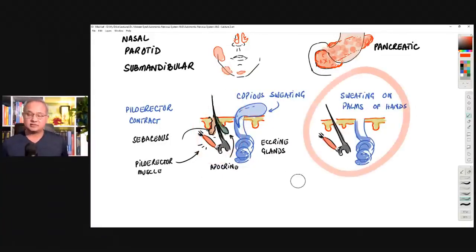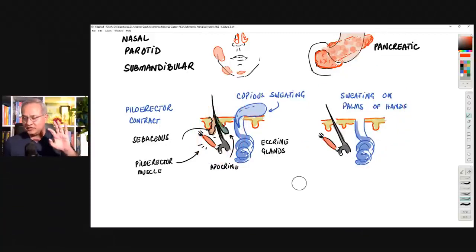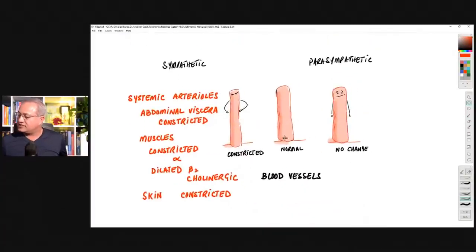In the parasympathetic system, the only place where sweat can appear is the palms of the hands. That's it. When you are eating food, you don't want to be sweating, and you don't want to spend energy on sweating. Correct? And you're not increasing your temperature. When you're eating food, you actually move blood away from muscles and skin into the GIT. So the skin is already cold because it doesn't have sufficient blood. You don't want sweating going on to make it even cooler. So no sweat during the parasympathetic system, or less sweat. Now this is very important.